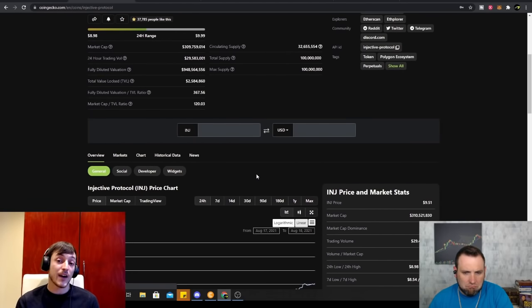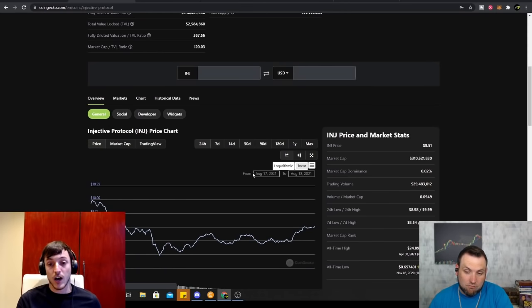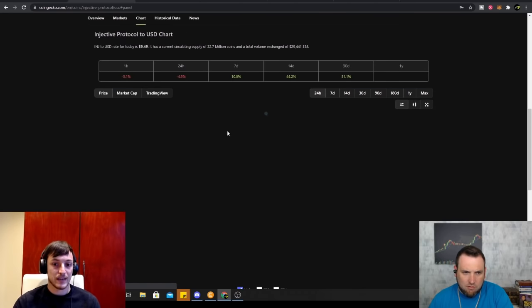They've got Burnt Finance, which is going to be on Solana, which is an NFT marketplace that Injective is incubating as well. So it looks like they're going to go a little bit further than just the exchange, but that's definitely going to be the main product for Injective and its chain.